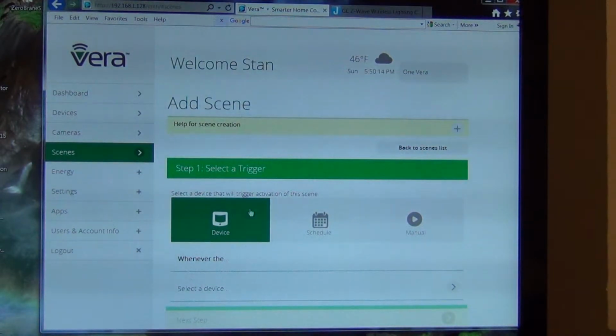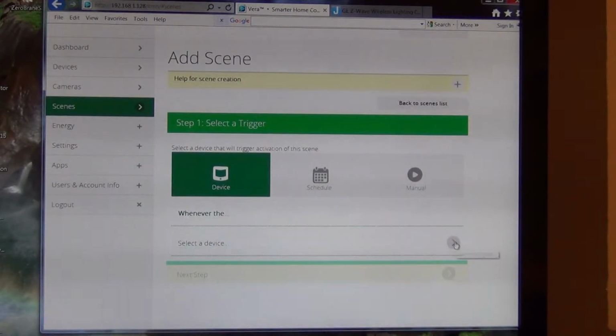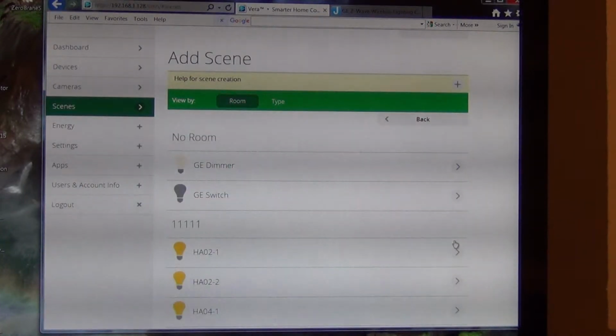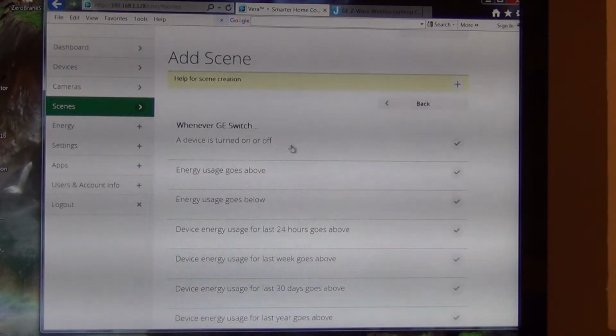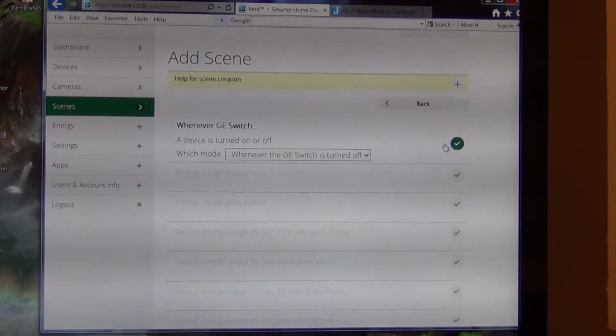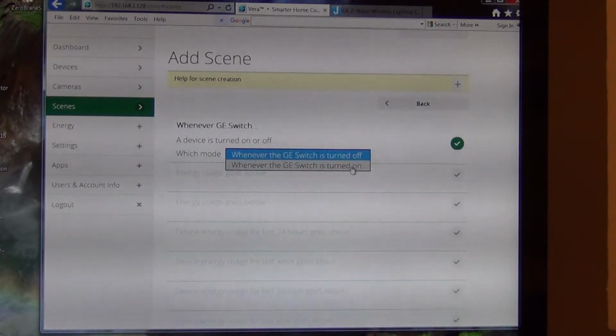And what I want to use, you can use either a device or a schedule, or you can set it up just as a manual scene. Right now I'm going to make the dimmer go on when I operate the switch. So I'm going to say device, it says whenever, and you select the device, whenever the GE switch is turned on or off, when the GE switch is turned on,